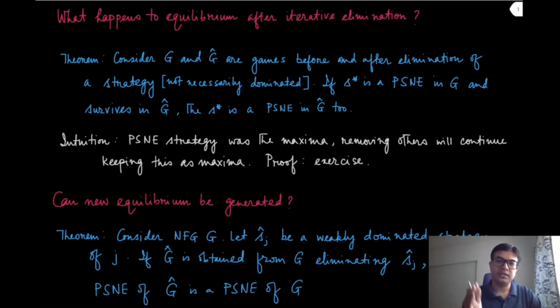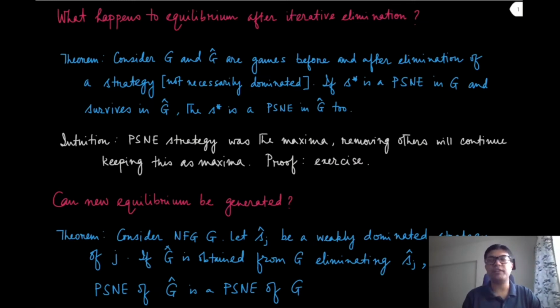For the player J, for whom a specific strategy has been removed, but not the strategy SJ star, which is the Nash equilibrium strategy,